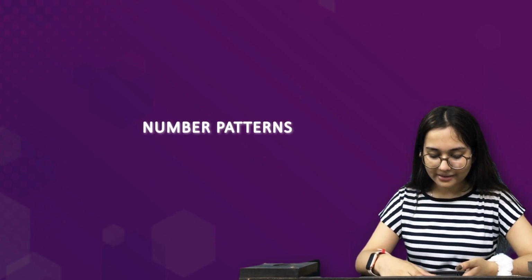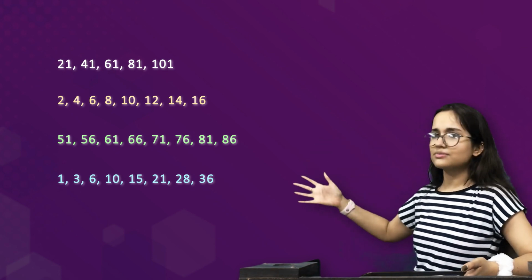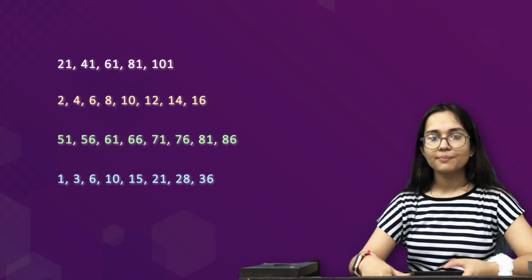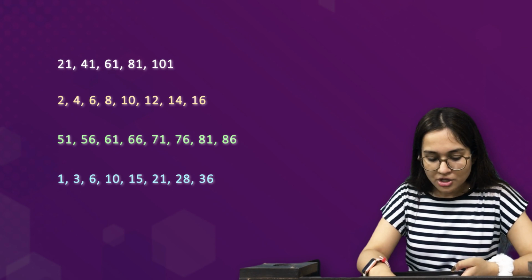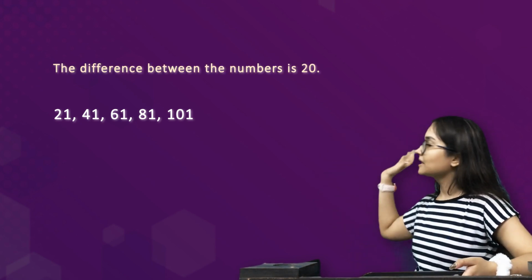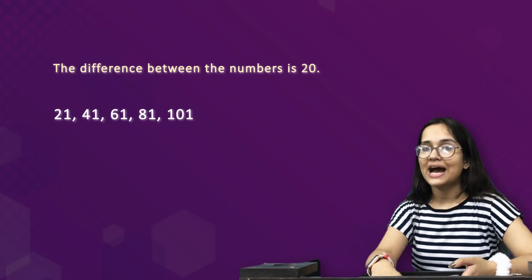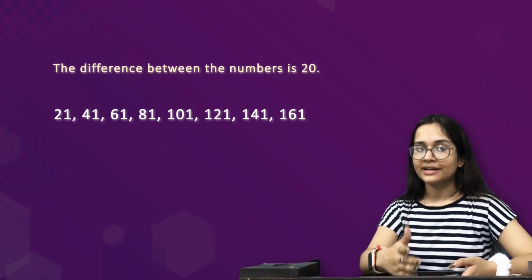Then we have number patterns as well. In number patterns, rather than shapes, we are using numbers. Rest everything remains the same. So we have made some patterns with pictures already, and now we are going to do the same thing with numbers. So it's 21, 41, 61, and then we have 81 and 101. What we are seeing is, the next number is getting added by 20. So after 101, we'll have 121. So we got the rule of the pattern. Similarly, we did it in the shapes.